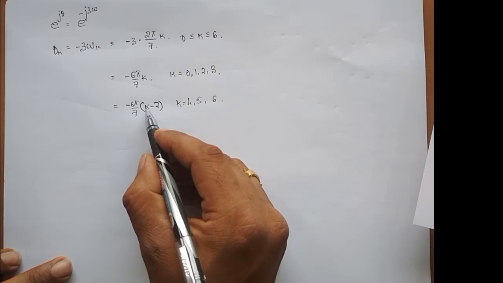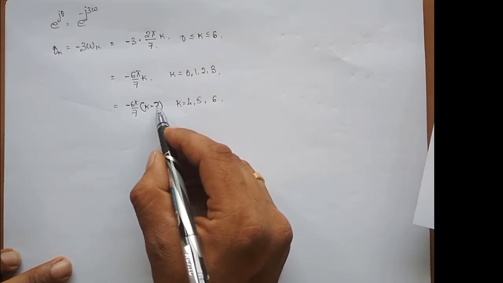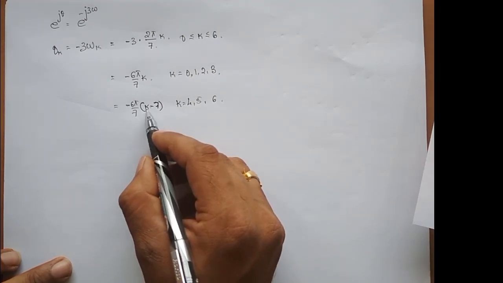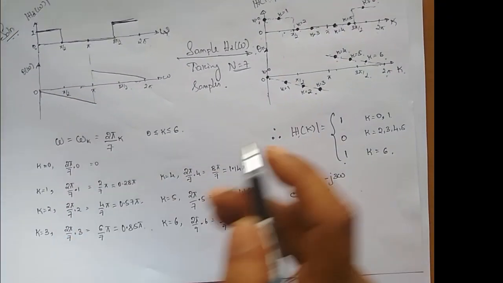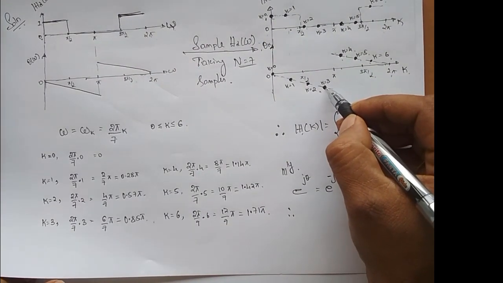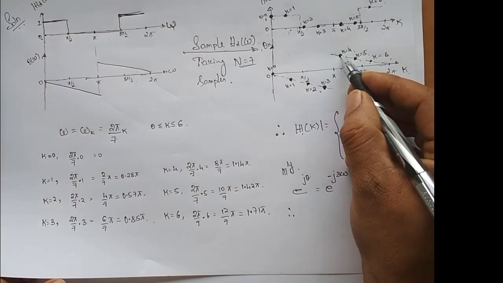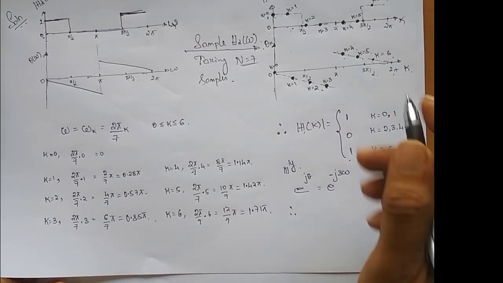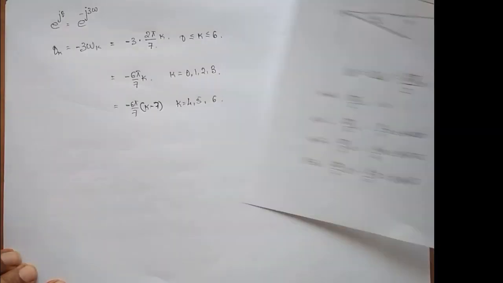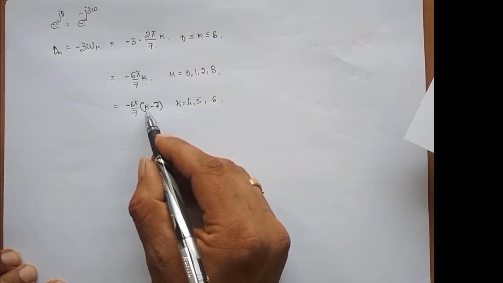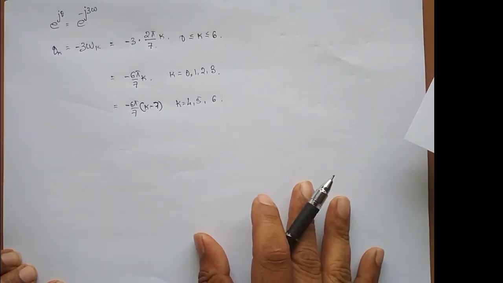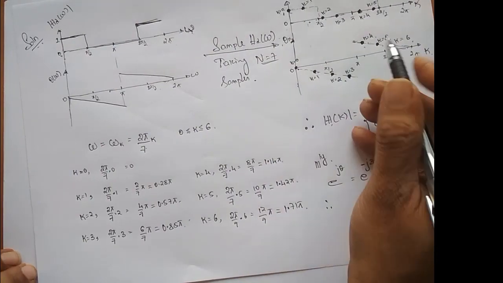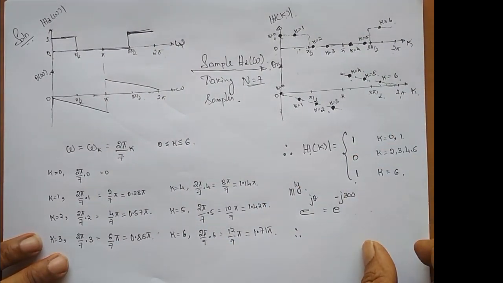So for k is equal to 4, 4 minus 7 is what? Minus 3. Minus into minus is plus. Okay, so we get 6 pi by 7 into 3. At k is equal to 3 we had a negative value. So for k is equal to 4, same value, but it goes to the positive side. Since I want this to be on the positive side, instead of writing k, I have written k minus the number of samples. Okay, so this is for k varying from 4, 5, 6.